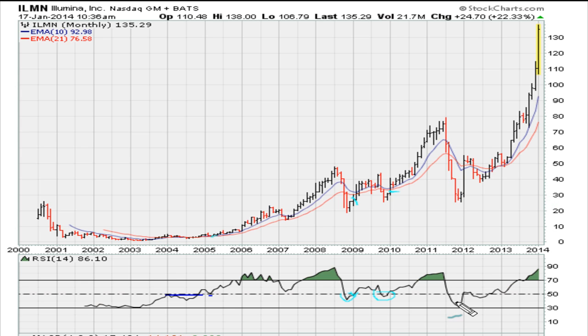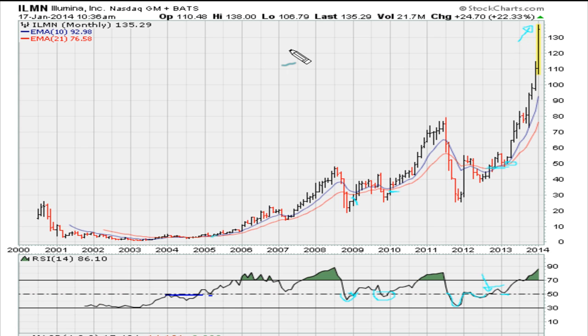Now take a look at this uniform action. It comes back above 50, comes back below it, forms a ball type formation, and eventually when it recaptures that 50 area on the monthly, that was at a price of about $48, the stock would take off and never looked back again. And you can see here it came very close to 50 before bouncing off that level, and this was for a price of about $50, and right now you see the stock trading at about